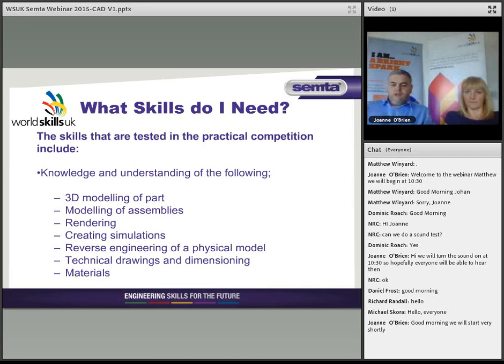One of the techniques that we would use in terms of training competitors is looking at the time scale within a competition, as to how much time is needed for each element of the competition. So for example, for 3D modelling of parts, if we take historically over the regional competitions we've had in the past, you may allocate 2 hours